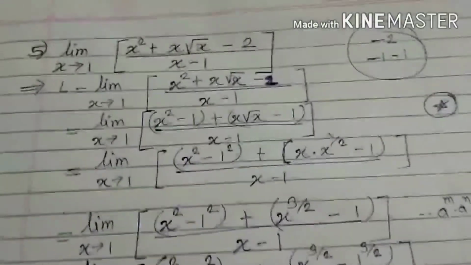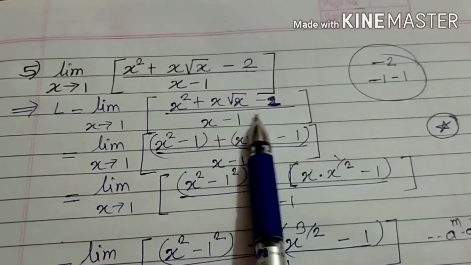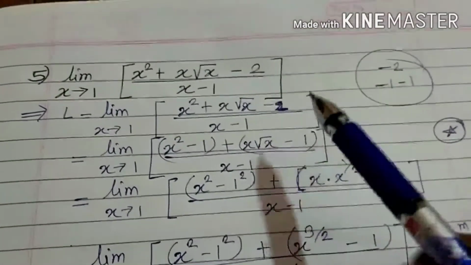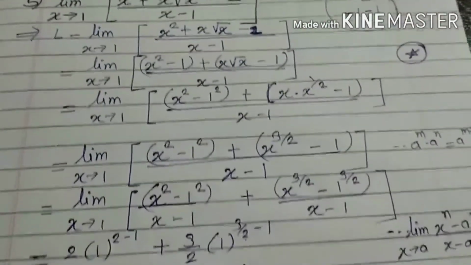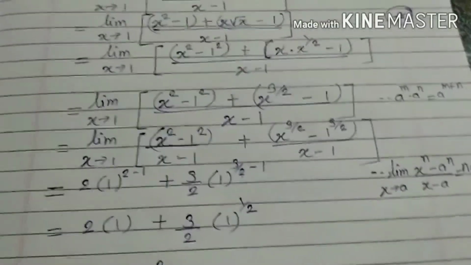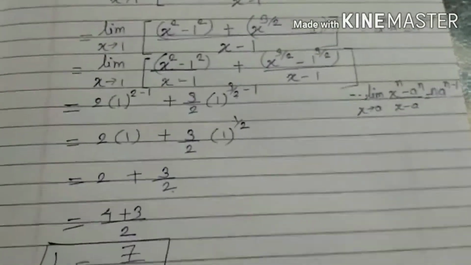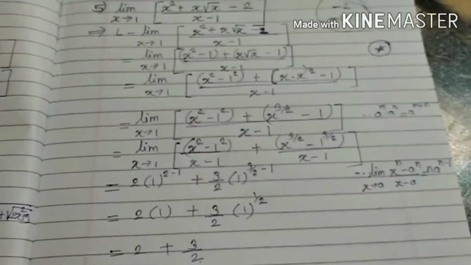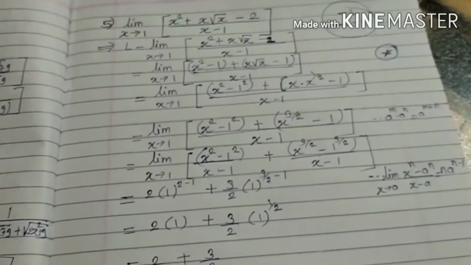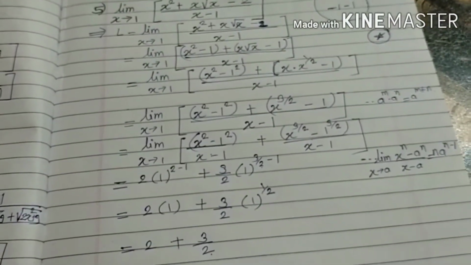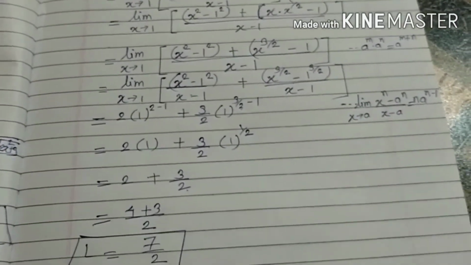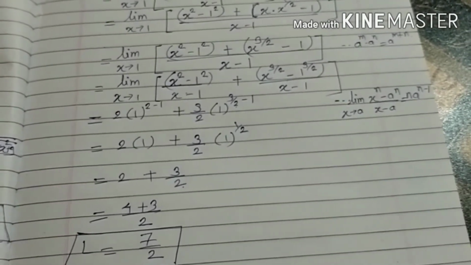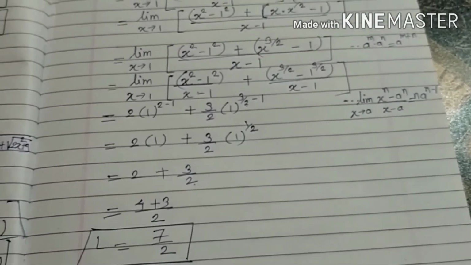It is a very simple example, but it is different from the other example. Here we take minus 2 as minus 1 minus 1 and then we use our most important theorem. Then by simple calculation we get our answer. And with this example we complete here our exercise 7.3. Try to solve the remaining examples of exercise 7.3 and in the next lecture we start exercise 7.4, which is based on trigonometric functions. So today we stop here.